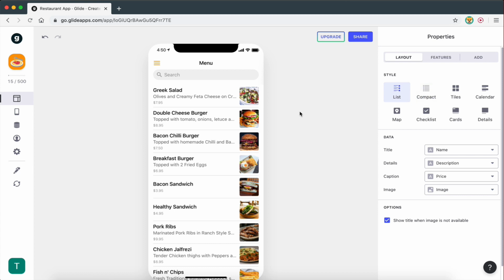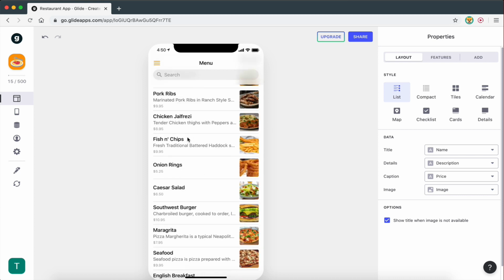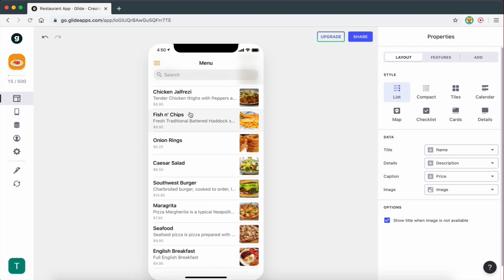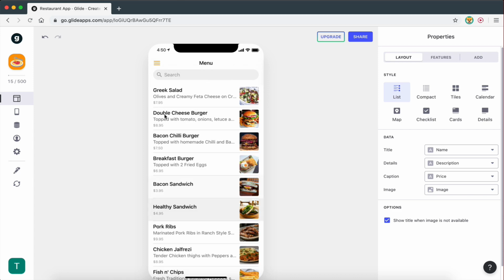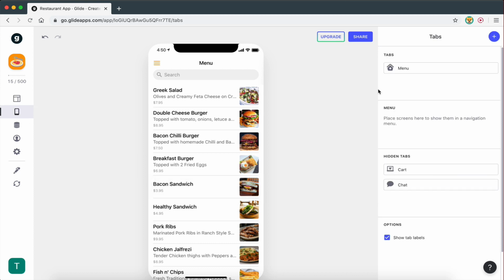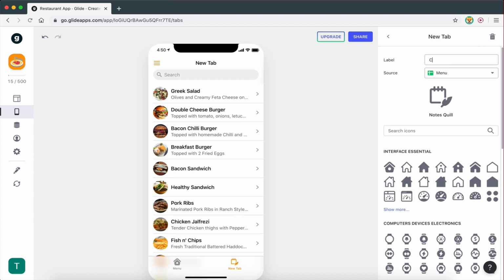Now, the first thing that we need to configure is the categories, because right now we're displaying every single item in the menu. But it's better to have a category page first where the customer is going to select the category, and then based on the category, we're going to display different menu items. So actually the first page I should have created is the categories page. So I'm going to go back to my tabs. I'm going to create a new tab, and I'm going to name this one